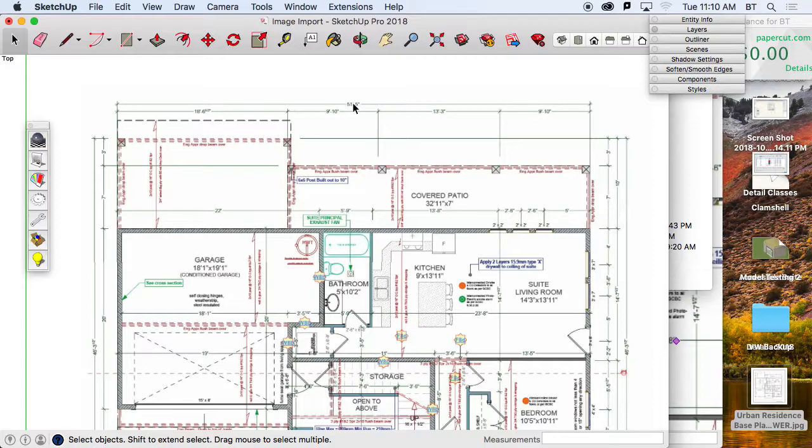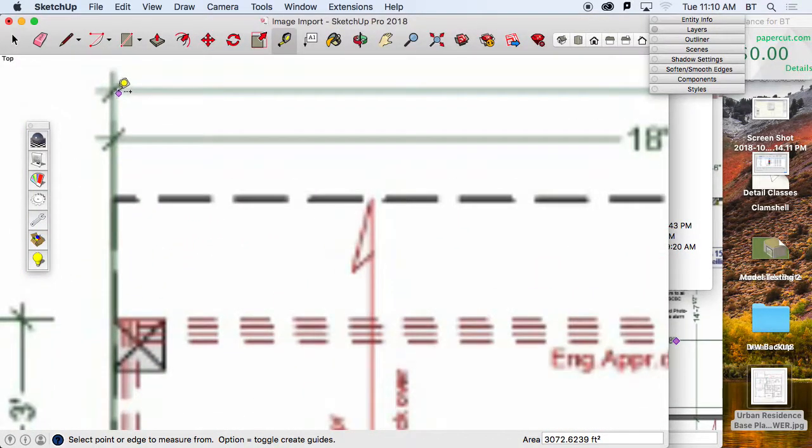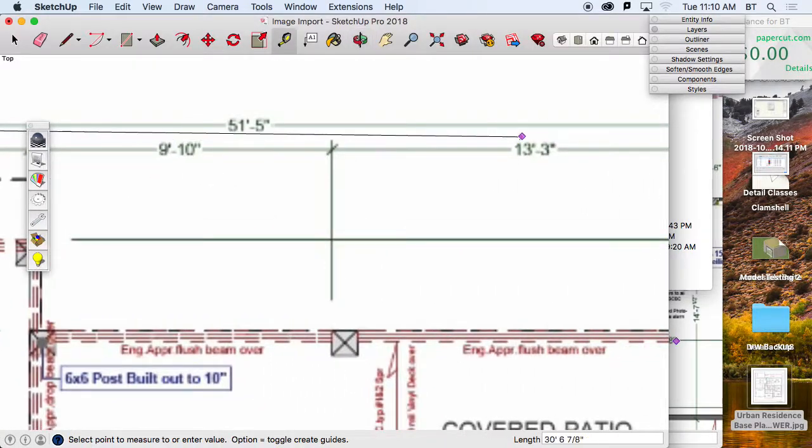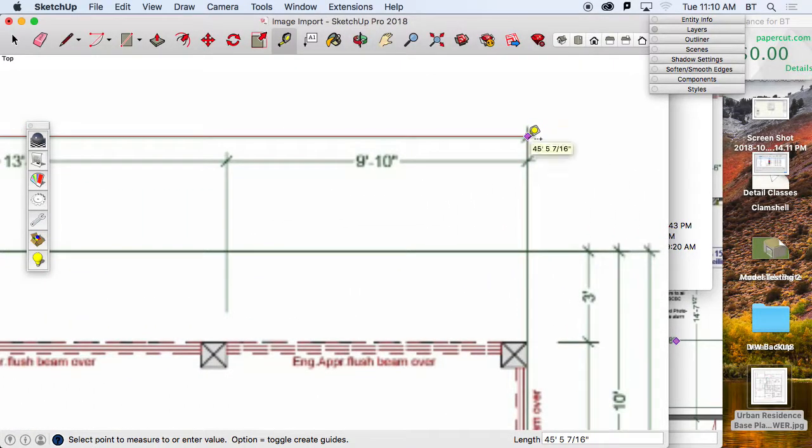that measurement. So what I want to do right now is I'm going to use my tape measure, and I'm going to measure. I want to use my longest dimension, so in this case I'm going to do the 51 foot 5 and just place that as best as possible. I want it horizontal. So, okay, I'm using my tape measure tool. I'm measuring this dimension. My second click is going to set that second point, or the second reference point for